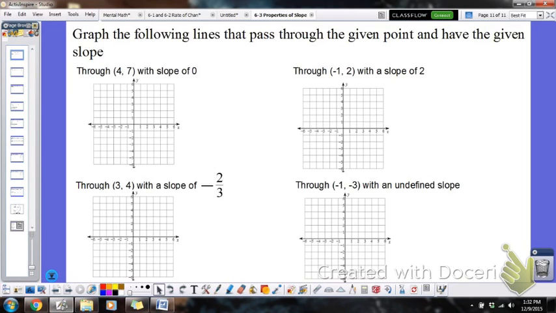So we're going to finish the lesson up by doing 4 graphs. We're going to graph the following lines that pass through the given point and have the given slope. So the first one we have is through (4, 7) with a slope of 0. So I know I'm going to go through (4, 7). So I have to go over 4, up 7. I know it's off your graph, but it's okay. It'll be just 1 above where it stops. So right here,